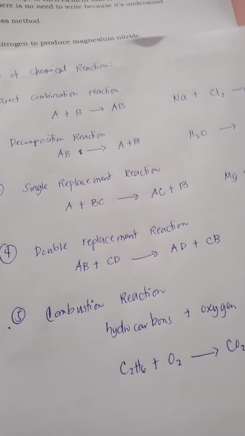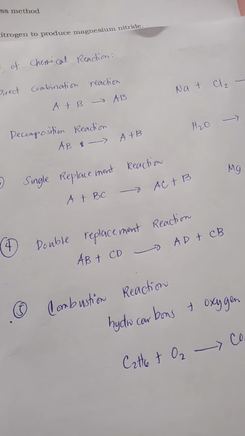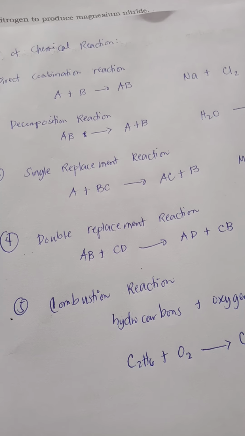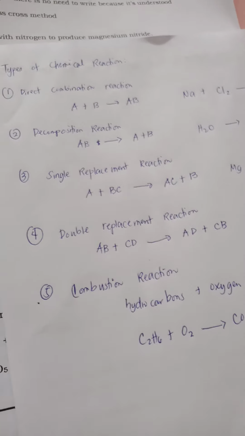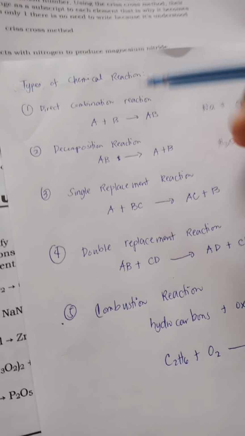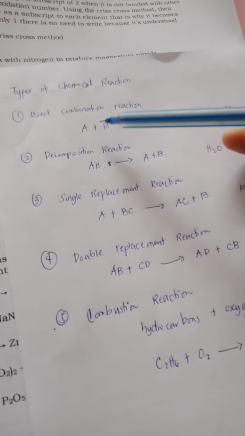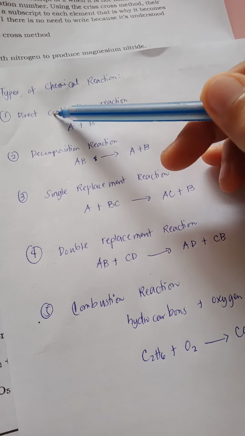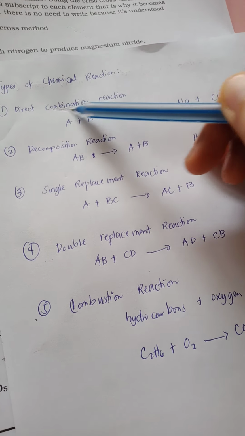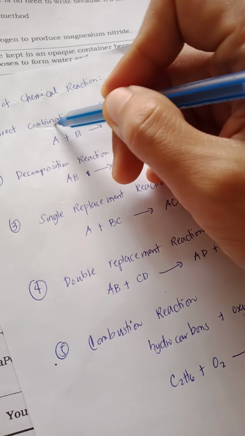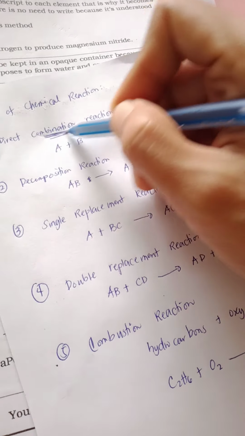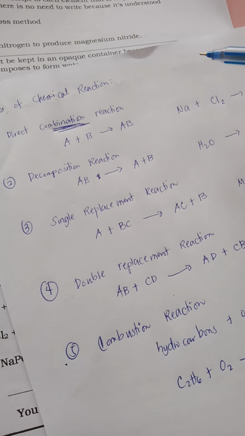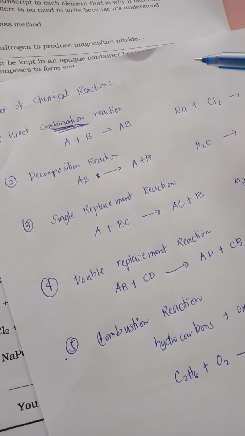So, how are we going to do that? Una, we are going to discuss muna the 5 major types of chemical reactions. Marami pa, pero we are just going to focus on the very basic ones. So, the first one is what we call the direct combination reaction. From the word itself, combination, meaning, meron tayong i-add up to produce one single output or result or